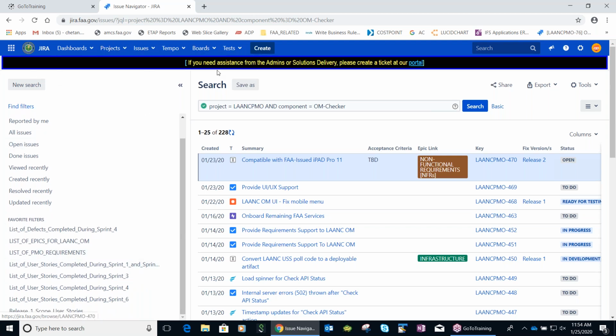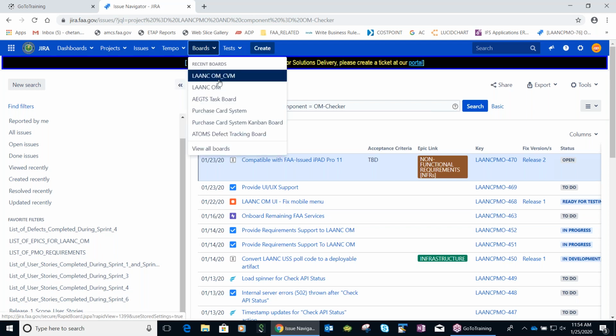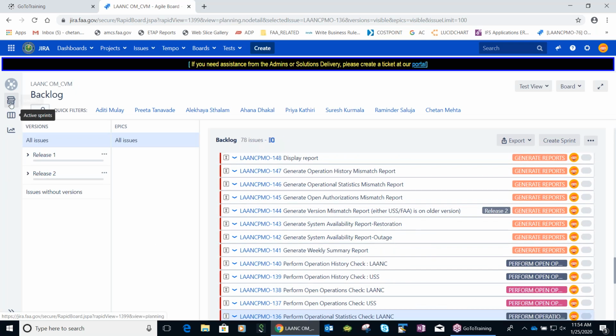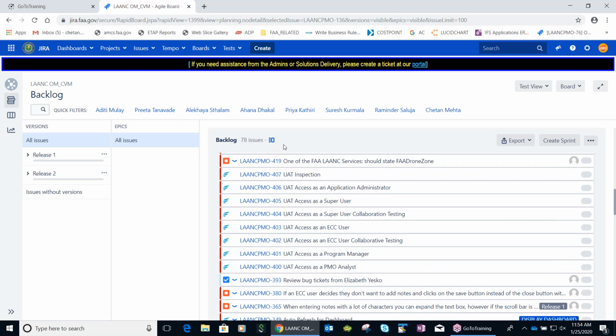Now, if you go to the backlog, see, that's my backlog. We have 78 issues in the backlog. These are the team members I have. So that, I also have to create. Yeah, you have to create. This is not Jira, right? This is Jira. See, you see this? That's the Jira.